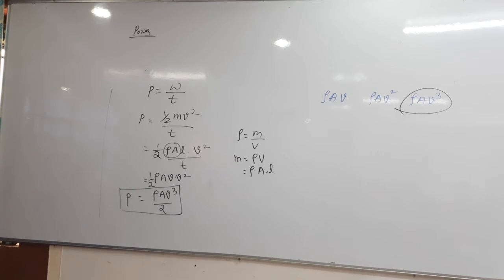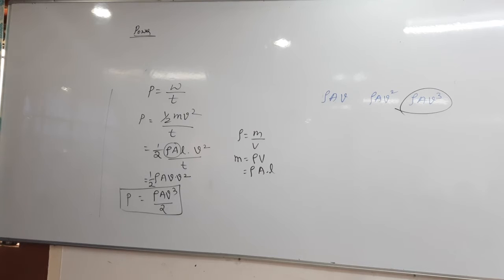And also moreover we have this formula in the laws of motion only, conservation of momentum. In that water jet problem is there, no? In water jet problem also you will get rho a v square as the answer. Do you remember that rho a v square is the force exerted by the water on the wall, into v. If you do that, again you will get the power only. Power is proportional to rho a v cube only.